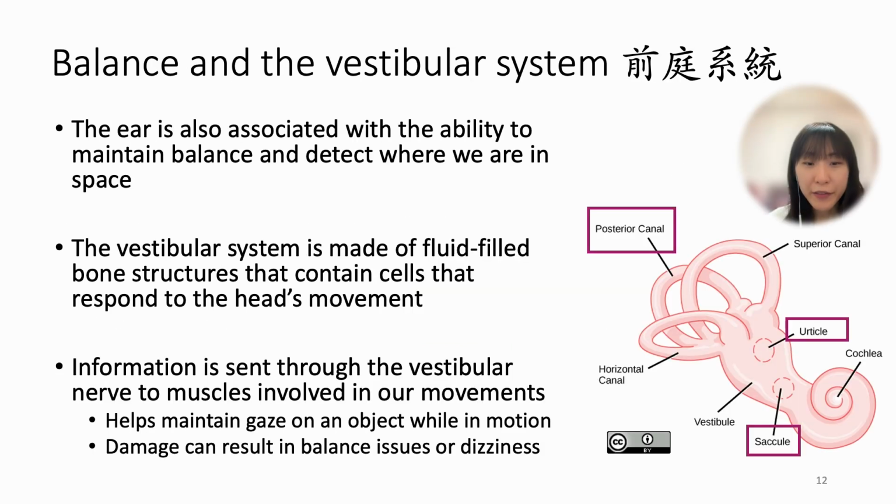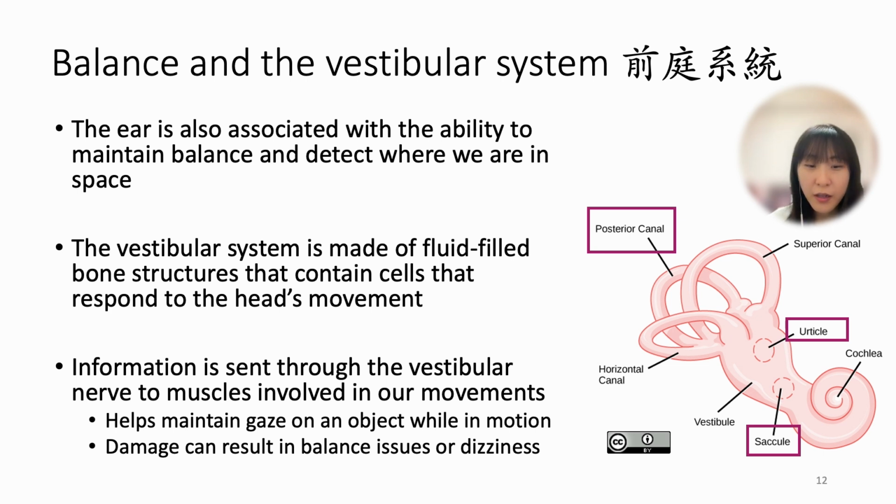In addition to hearing, the human ear is also associated with the ability to maintain balance, so that we know where we are in space. The part of the brain that is also in charge of balance is the cerebellum. The vestibular system is made of fluid-filled bone structures just like the cochlea, and it contains cells that can respond to our head's movement. The main sensory organs in the vestibular system are indicated in the box over here